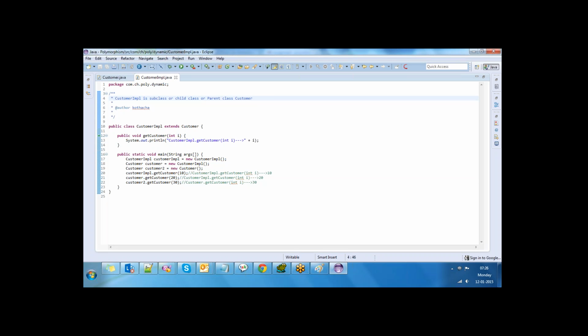Dynamic polymorphism can be achieved only through inheritance, and it is completely dependent on inheritance.